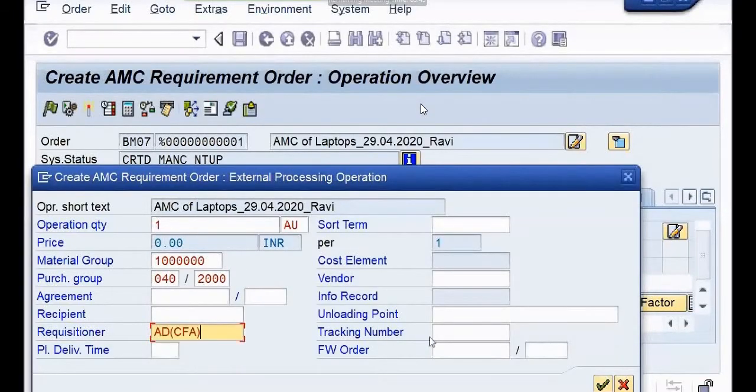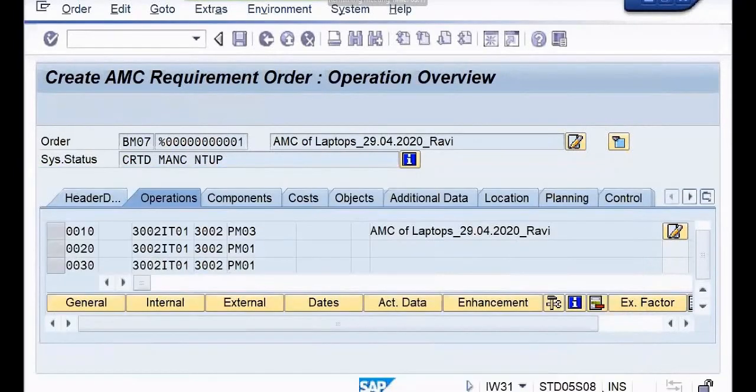Let us say it's me, ADCFA, and let me have my tracking number, that is 9412000289, right? We have maintained in this small sub-window 5 informations: material group, 1 followed by 6 zeros, purchase group 040/2000, then requisitioner, it's me, and then my tracking number.